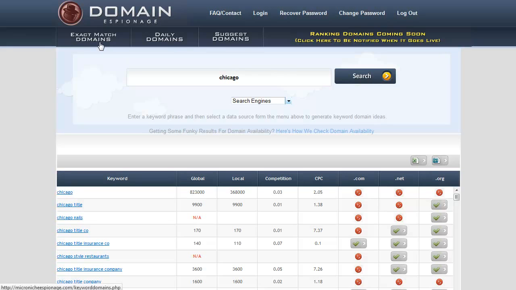3 parts: the exact match domain database, the daily domains database, and the suggest domain script. Hope that gives you a better idea of what you're going to get, and I hope you realize that